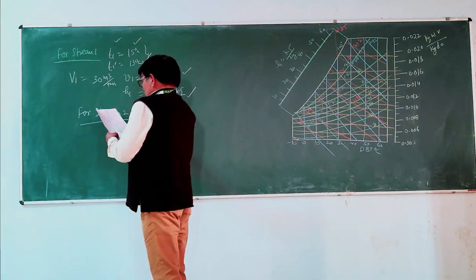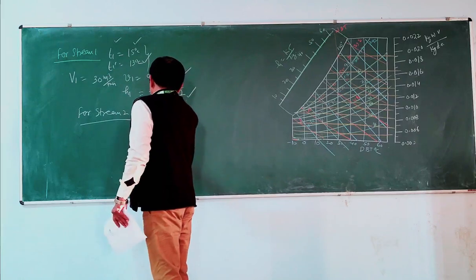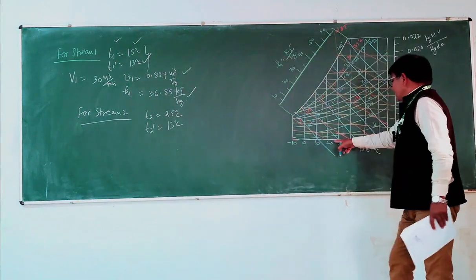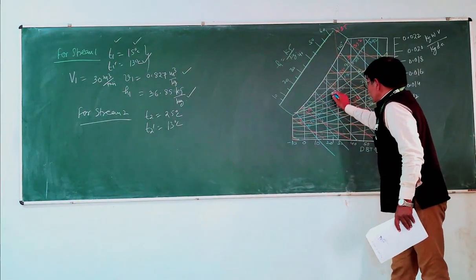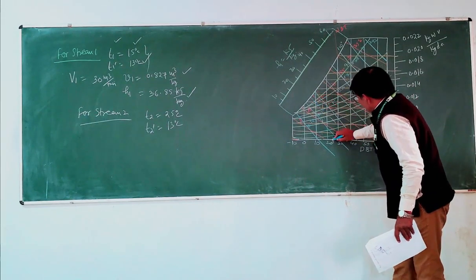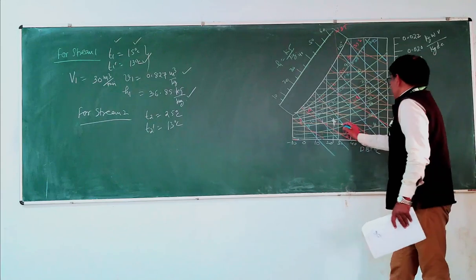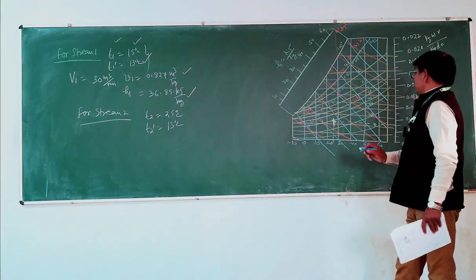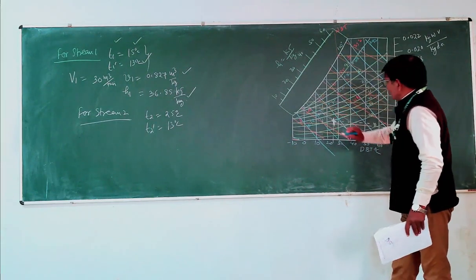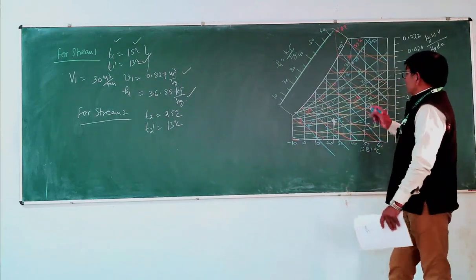values are given: T2 equal to 25 degree centigrade and T2 dash equal to 13 degree centigrade. T2 is given 25 degree centigrade, this point will be like this here, and T2 dash 13 degree centigrade. You will find the value at this cross section point, and from here you can find out enthalpy, the specific humidity, and the specific volume between these two specific volume lines. So all values you can get from the psychrometric chart.